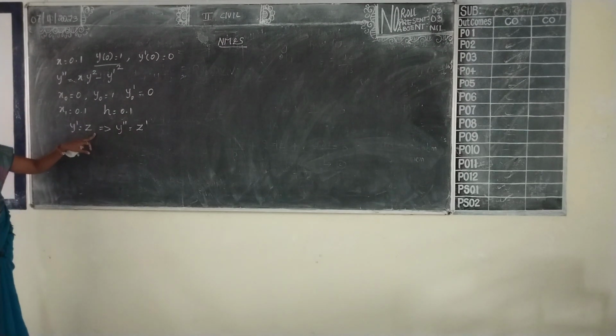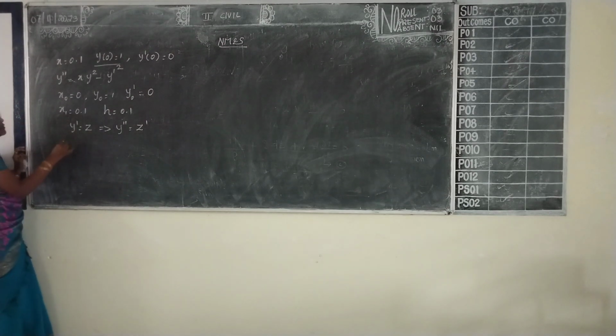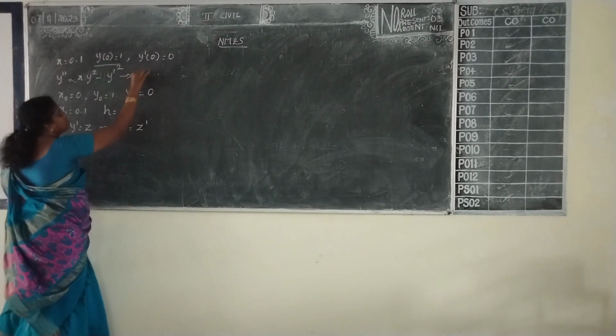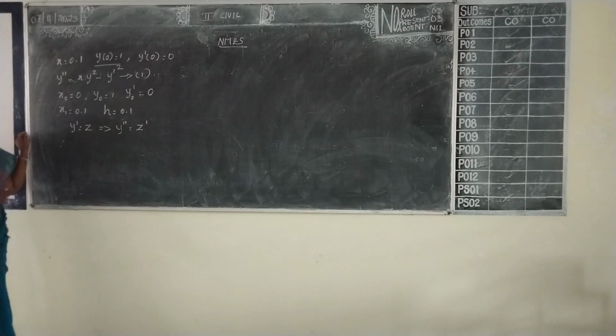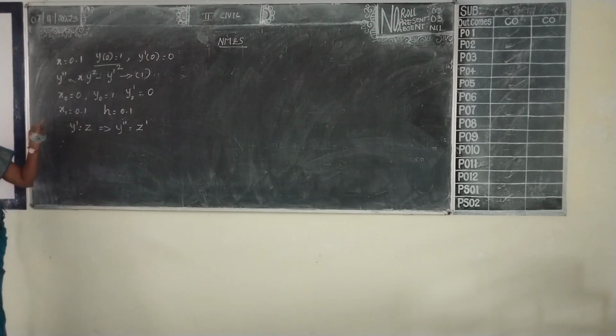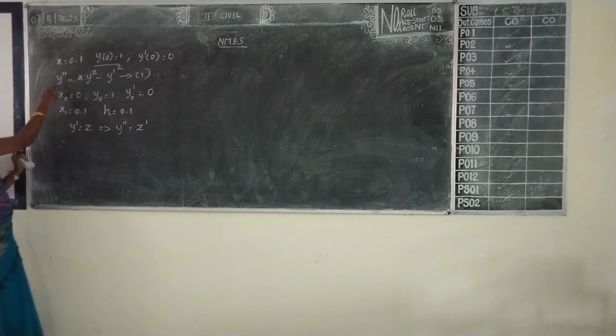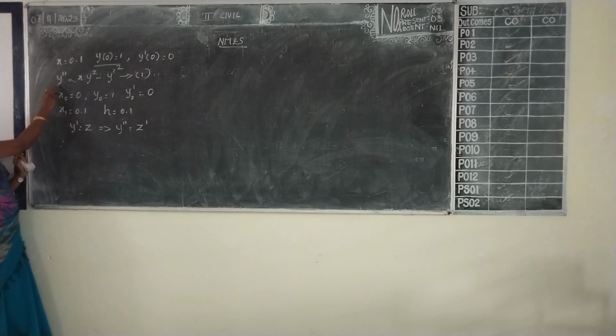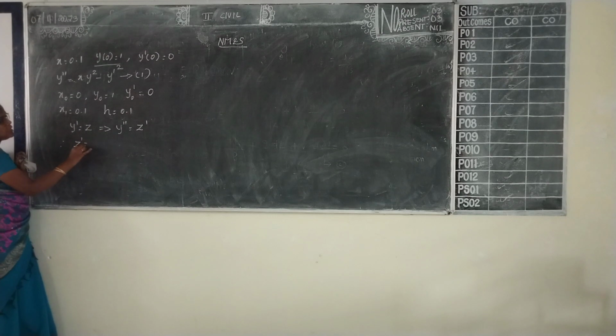Now we are going to replace all these things in our given equation. We will call this equation number 1. Therefore equation 1 becomes: replace everything, y double dash is replaced as z dash equal to